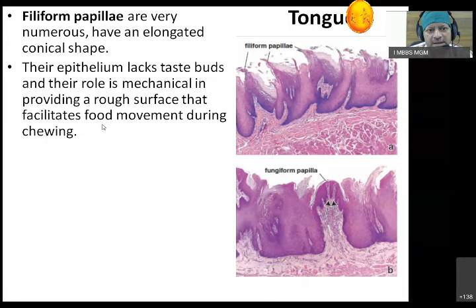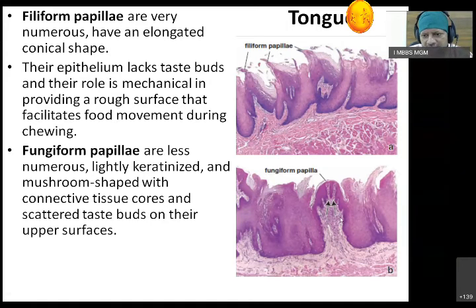One of the things is a condition called bald tongue. Bald tongue means these filiform papillas are not there. There are a variety of conditions where we can develop bald tongue, right from malnutrition. It helps in the movement of the food. It is especially more important in carnivores, and in humans, even though they are there, they are not very well developed. Then there is the fungiform papilla.